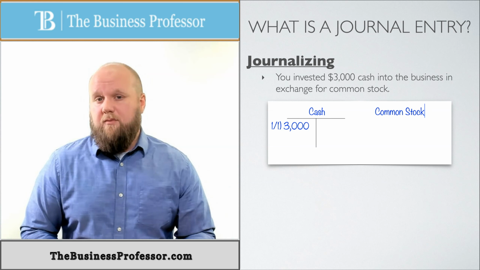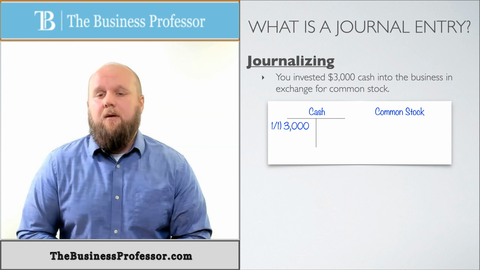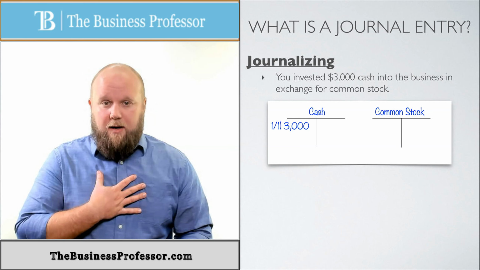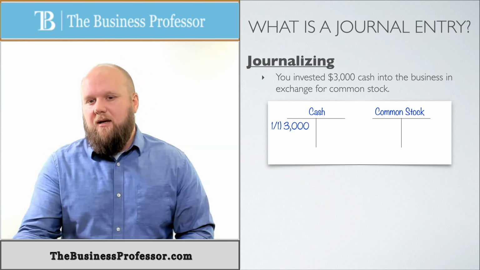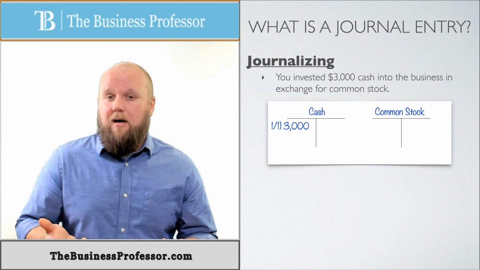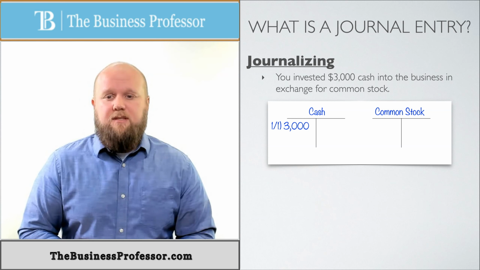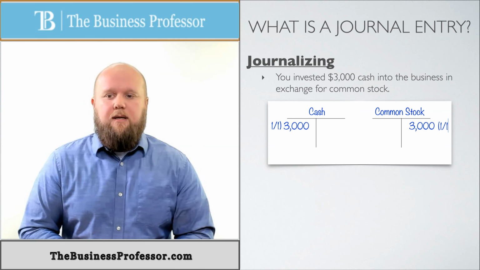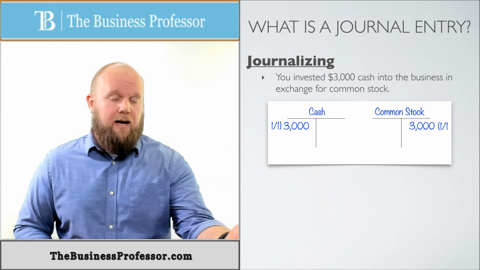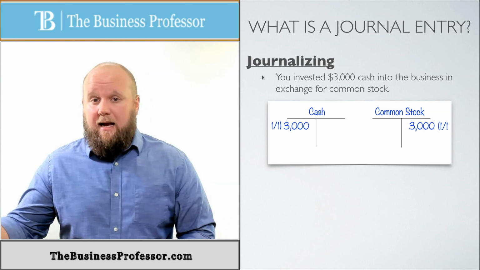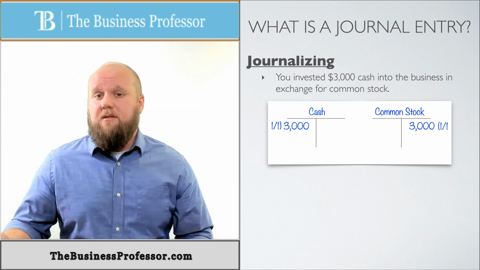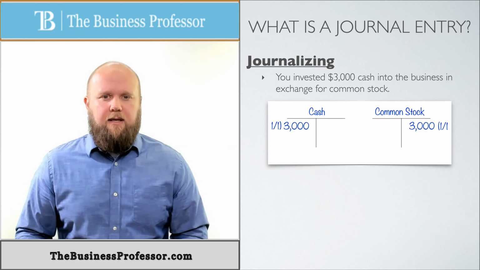Then we also have the other side, because remember, we have double entry accounting. Something else has to happen. We have common stock. Common stock, remember, is minus, plus. And our common stock in the business, I know it says exchanging for common stock, which alludes that we're losing something, but our common stock, the value of our business, is actually going up. And so we're going to put it on the plus side of common stock. So it's going to go there, 3,000, again, 1-1. Those match up. If we're looking at the accounting equation, cash is an asset, so we're saying our assets went up by 3,000. Common stock is an equity, so it's on the other side, it's on the claims side, so our claims went up 3,000. So pretty much what we've done is we've said 3,000 equals 3,000, and that's true. So at least we're following the accounting equation.